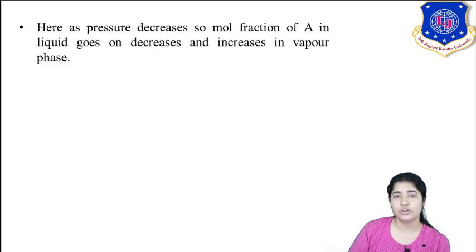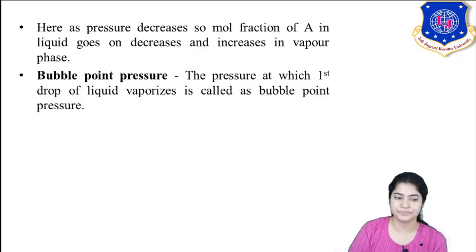Now here, initially it is already in the liquid phase. If I have to convert it into vapor, I am not going to increase the pressure, because with an increase in pressure nothing is going to happen. We will study the effect of pressure later. But here, to convert into the vapor phase, I have to decrease the pressure. So you can see as I am decreasing the pressure, the mole fraction of A is increasing.